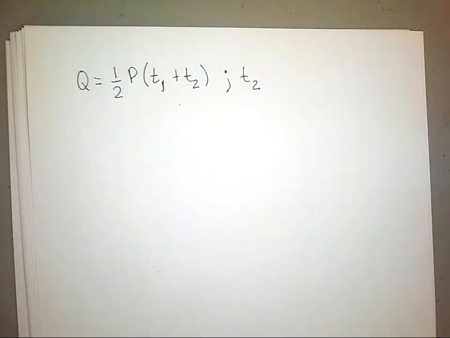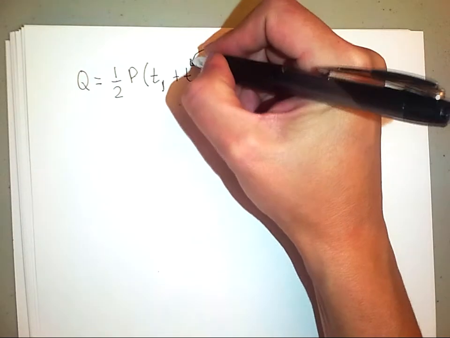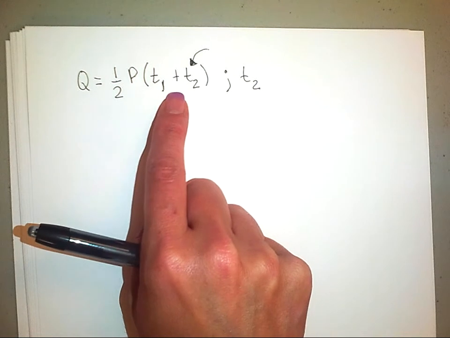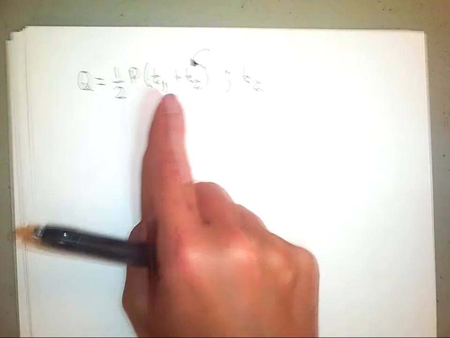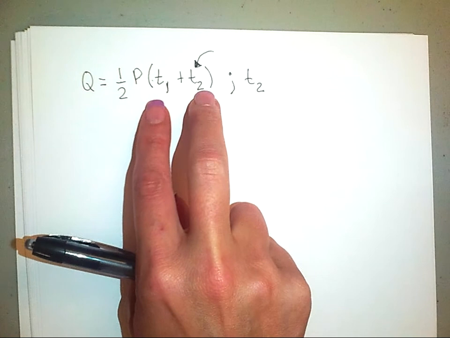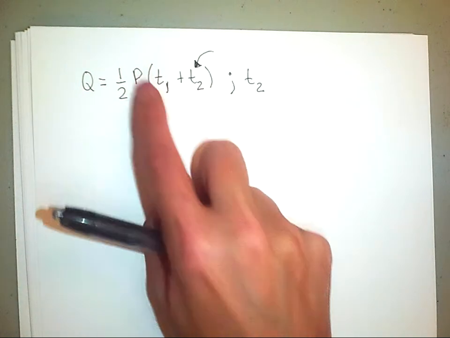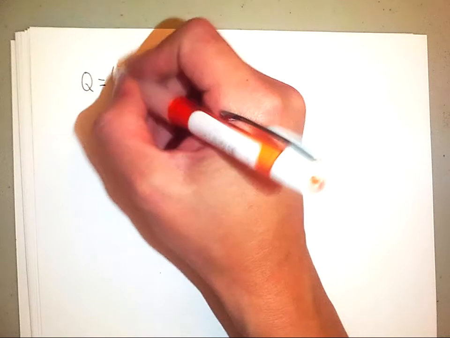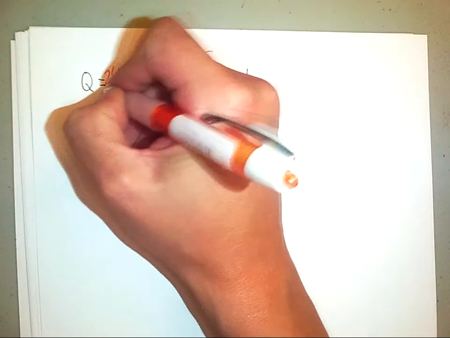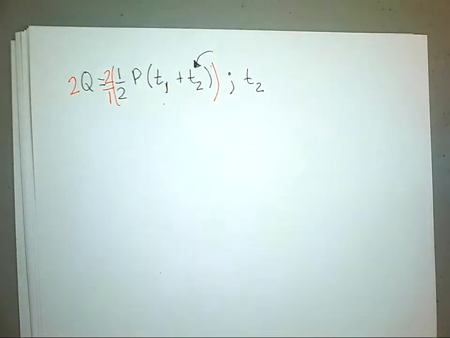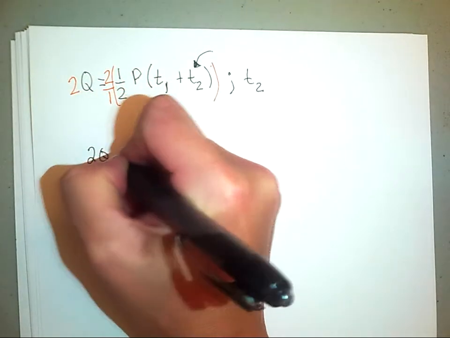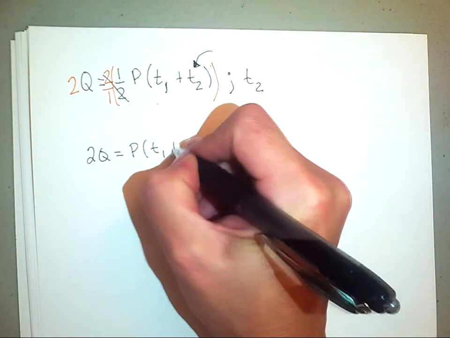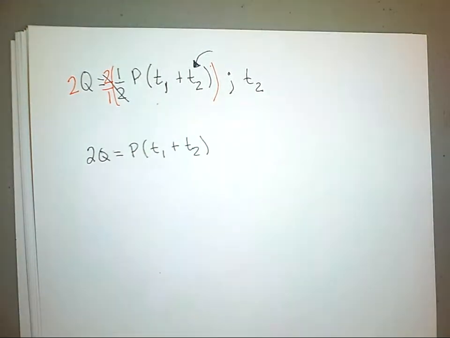Alright, so first we have to identify where T sub 2 is. It's inside of here. So since this is all multiplication, this 1/2 times P times this entire quantity, and what we want is T sub 2 and it's in the quantity, let's isolate the quantity first. And again, we don't like fractions, so let's get rid of them, and I can multiply this whole thing by 2 over 1, and this side by 2. So this will be 2Q is equal to, now the 2's will cancel, and just P times the quantity, T sub 1 plus T sub